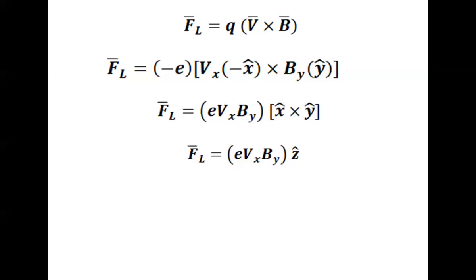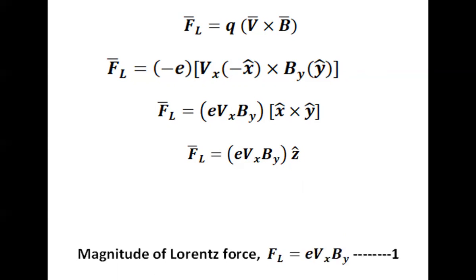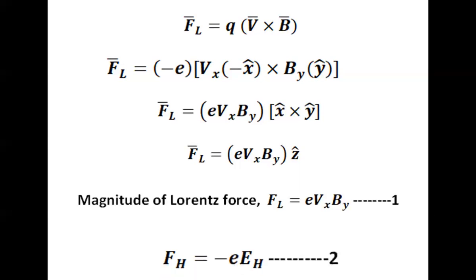Now, because of this Lorentz force, the electrons are accumulated or deflected towards the front surface, and hence there will be a separation of positive and negative charged particles, and an electric field, which is known as the Hall field, is produced. This Hall field is going to create its own electrostatic force. That force is known as Hall force, and the corresponding field is known as Hall field.